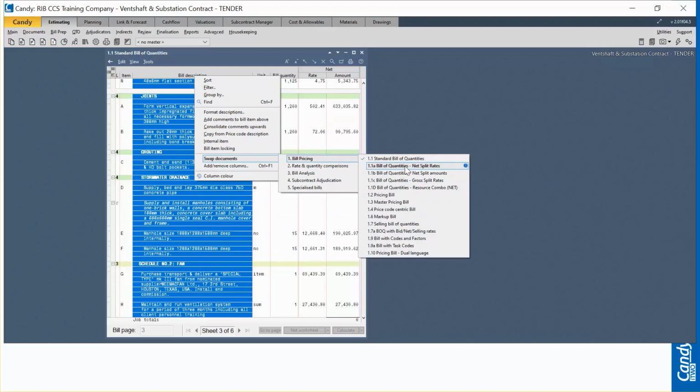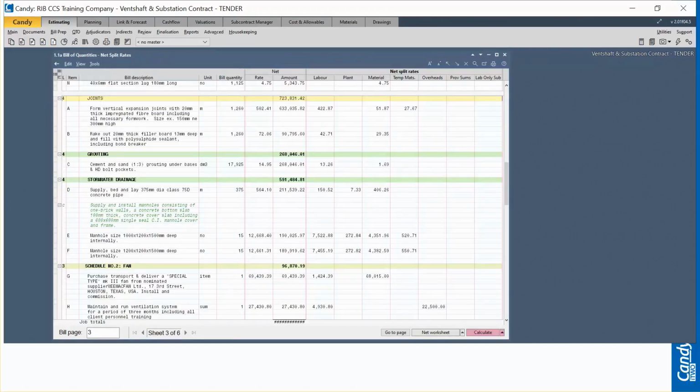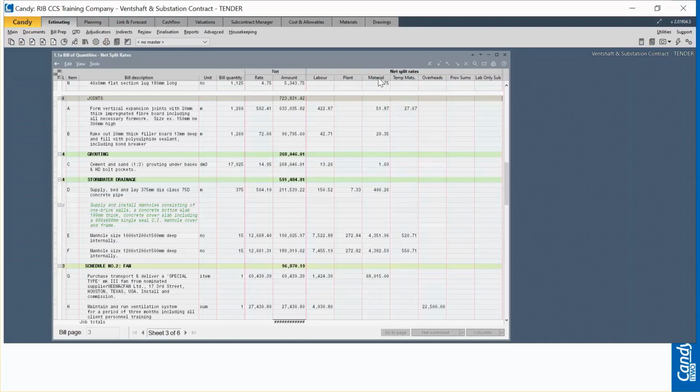remember, I have created a number of documents. There is my bill of quantities with my net split rate. I'm quickly going to click on that. And now, as you can see, these are the added columns as per the defined resource types. So I have my labor, plant, material, all the way to my labor only subcontractor. I'm going to click on OK here, and then you can see that the layout is as how I've defined